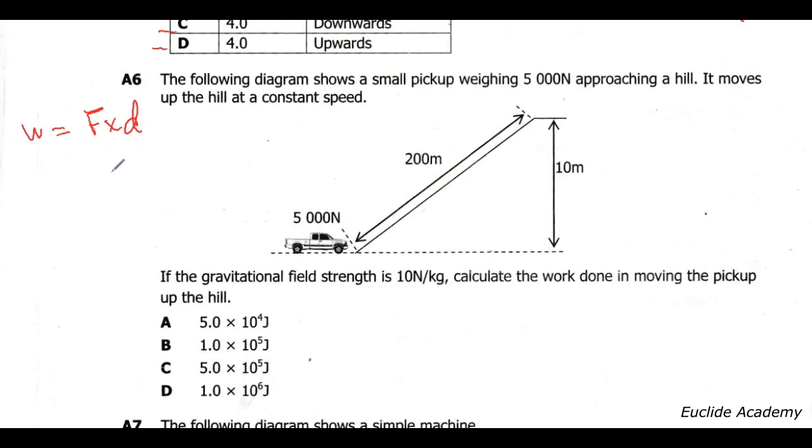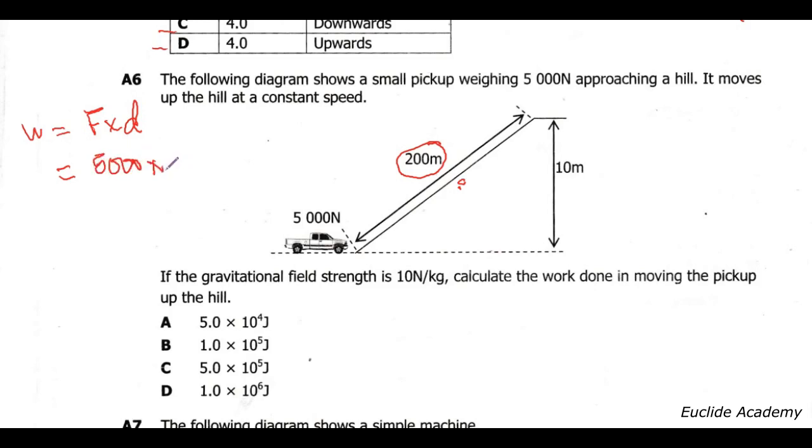So we've got 200 meters, this distance up to this point, and then from here up to there you've got 10 meters. So sometimes some information could just be there to confuse you. I don't know how these 200 meters could be applied. So here we use work is equal to force times distance. The force we're going to use is the weight of the truck, which is 5,000 newtons, times